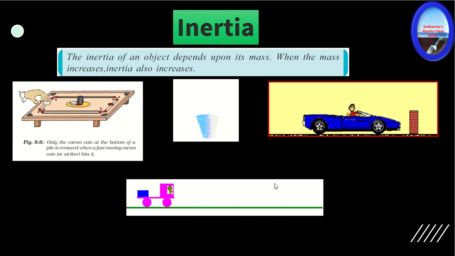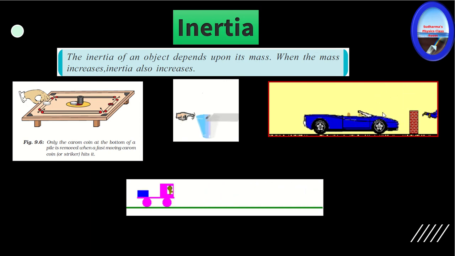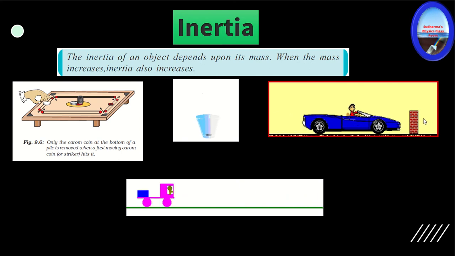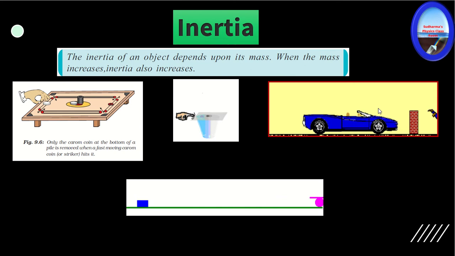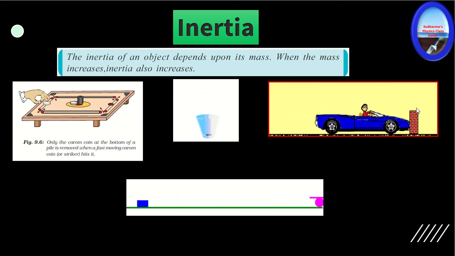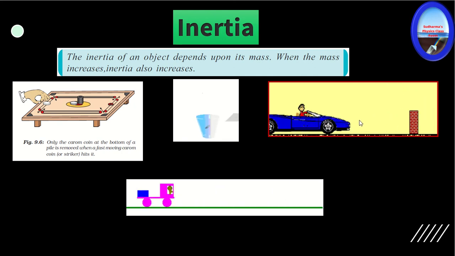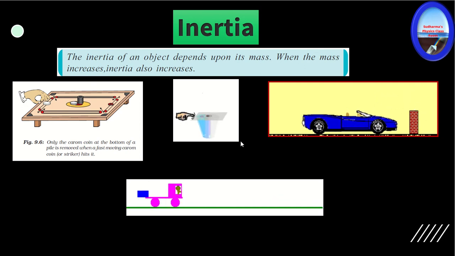What about the case of the car? The person along with the car was in the state of motion. So once the car suddenly stops, his body wants to be in the state of motion. So what happens? He moves forward. The car hits and the car stops suddenly, because a force is applied on the car by the wall. But he moves because his body is already in the state of motion.